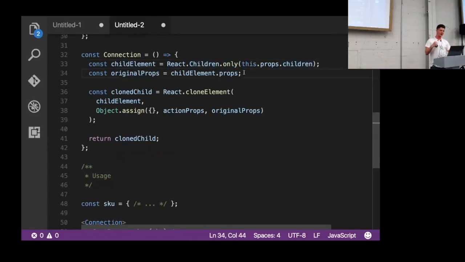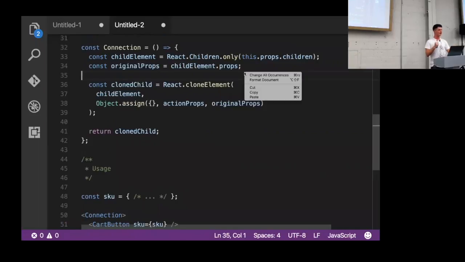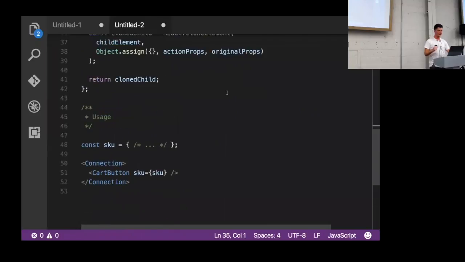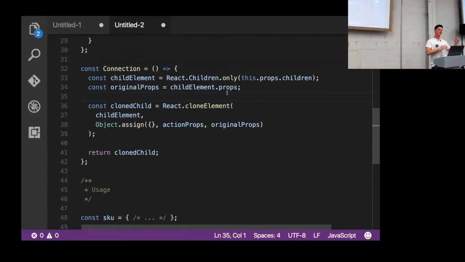The reason is that I haven't designed this to pass in multiple children. This asserts that you passed in one child, and funny enough, this function actually throws an error if there's more than one child. So it might not be something that you want to use for production purposes, which is what I'm going to do on Monday. But